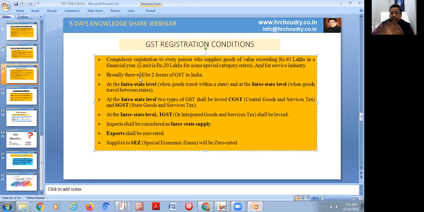If you are importing any goods from another country, then that is treated as an IGST sale. You have to take the benefit of the IGST. Export shall be zero rated. If you want to export the goods along with the LUT, there is no GST, but you have to take the letter of undertaking. Supply to SEZ is also treated as an export. There is no taxation, so you have to take it as zero rated. But in this case also, LUT is very important.